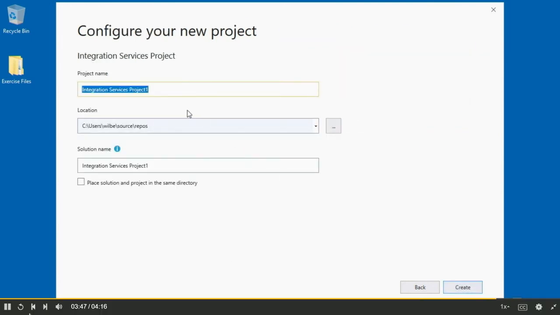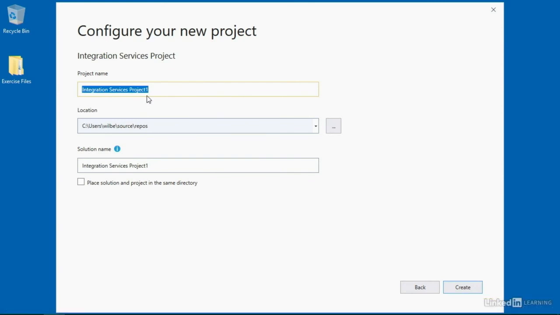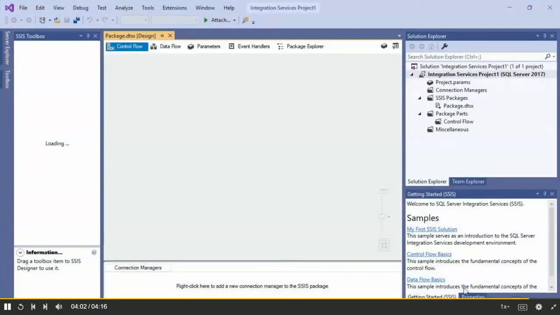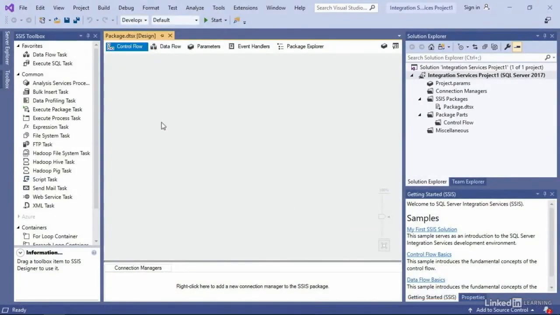I'll choose the Integration Services project and press Next. I'm going to leave the default name of Integration Services Project 1, but you can feel free to change it to whatever you'd like. You might also want to note the default file location where the project is going to get saved. When you've filled in the details as you like them, go ahead and press the Create button. And that'll load up the main interface with the SSIS toolbox on the left-hand side that lists out all the different